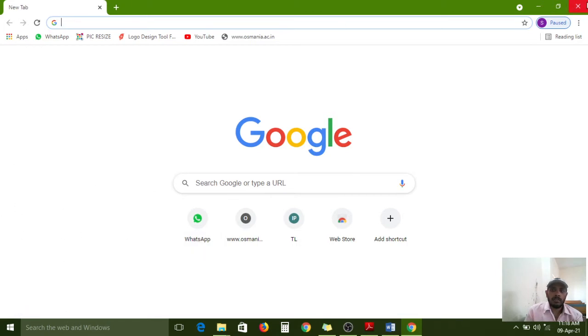So now you have understood about the browsers. This is the title bar, this is the address bar. This entire part from here to here is called the header section. And after that, from here to here, the complete white space along with the Google search engine is called the body section. Just remember this.